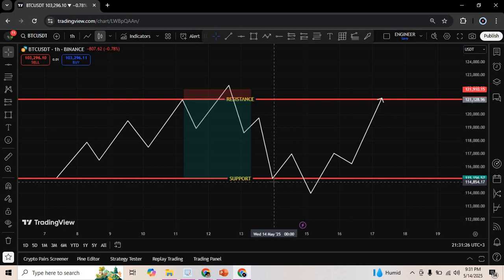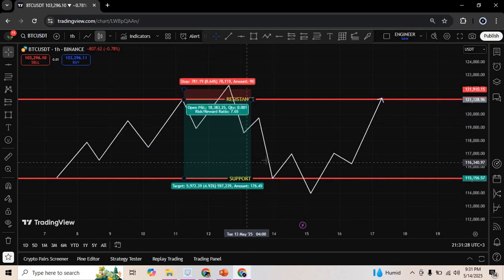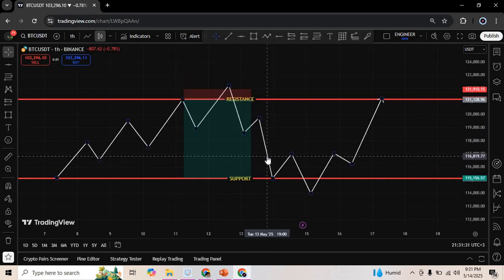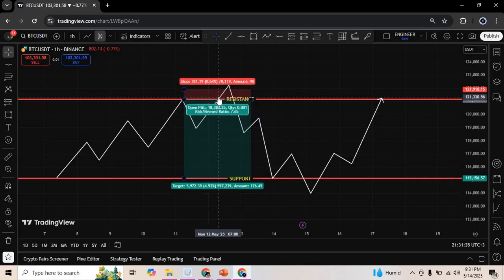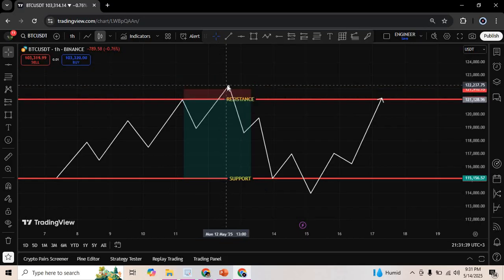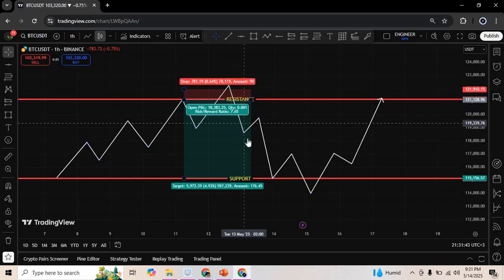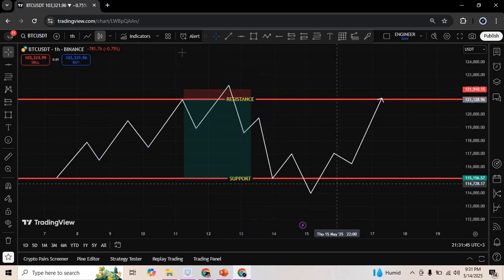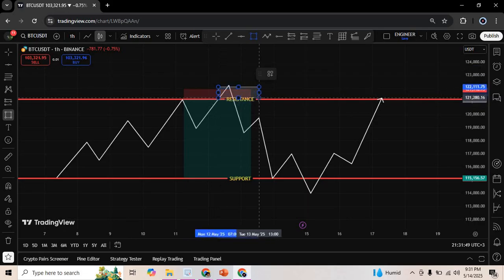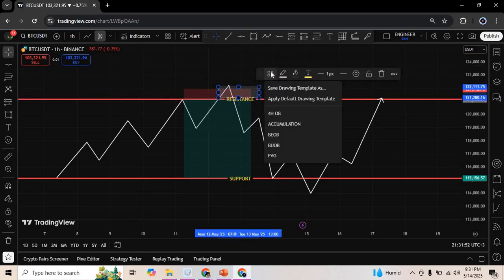Now that is very painful. You've done everything to justify this trade, you've looked for confluences, done your fundamental analysis and everything like that, but it goes to your entry, triggers you in, but immediately after stops you out, and after stopping you out, it goes directly to your take profit. So this part right here is what you call a stop hunt.